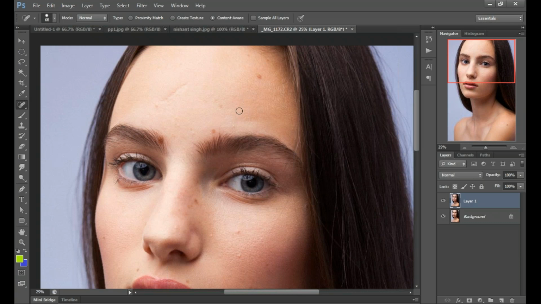There is no rocket science in that. Just select that spot area or click on it. Just click here. So it's very easy. Click on the spot.